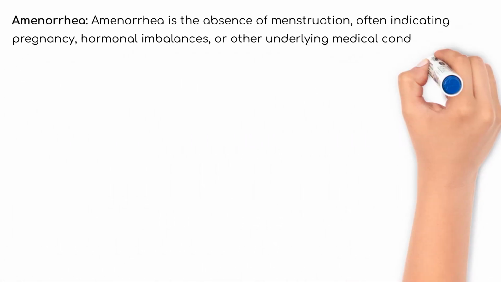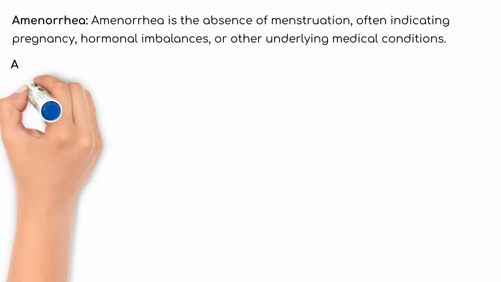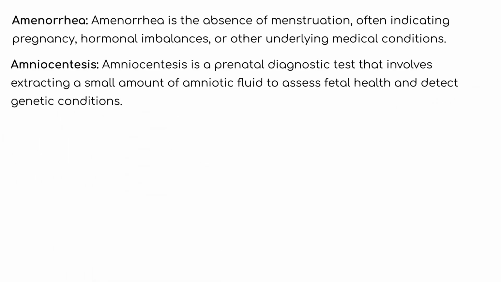Amenorrhea. Amenorrhea is the absence of menstruation, often indicating pregnancy, hormonal imbalances, or other underlying medical conditions. Amniocentesis. Amniocentesis is a prenatal diagnostic test that involves extracting a small amount of amniotic fluid to assess fetal health